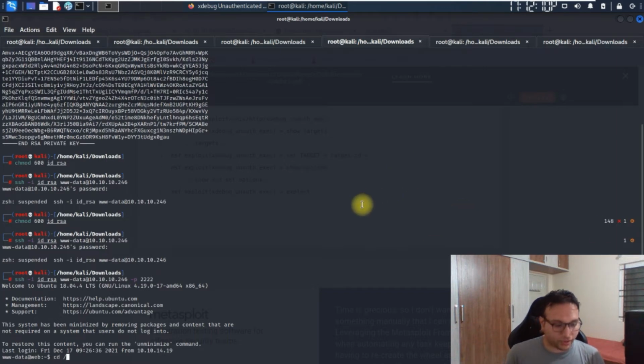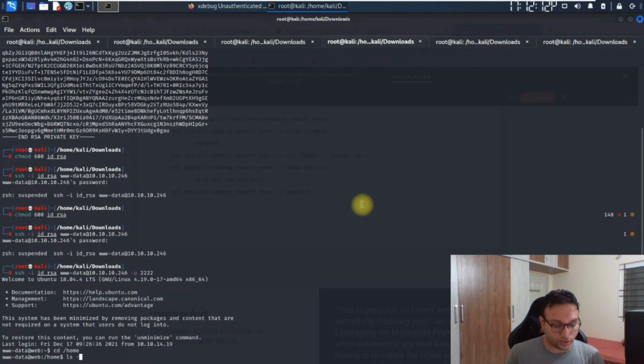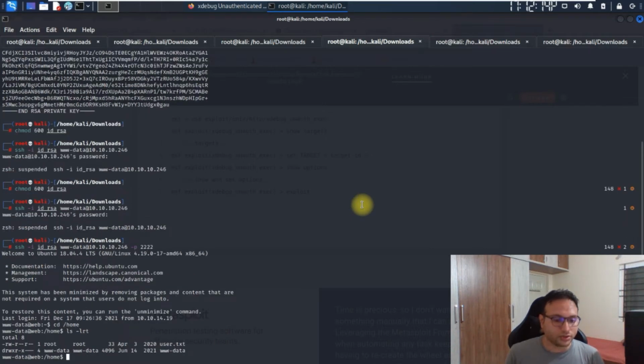What do we have to do? We simply have to go to the home folder and try to access it. Okay, you can see over here the user.txt file is visible to us, and we are able to read the content of it. So it's the first flag. Now we have to proceed further with that. Okay, this is the first part of it. Now we'll have to go for the privilege escalation.